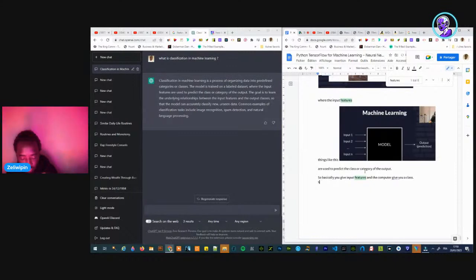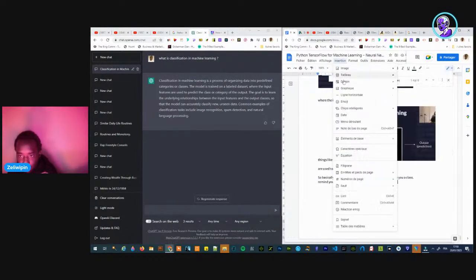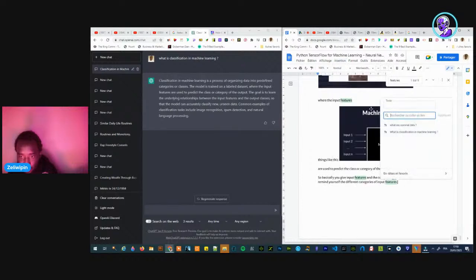Remind yourself of the different categories of input features, like we have done: quantitative feature, ordinal feature, qualitative feature.